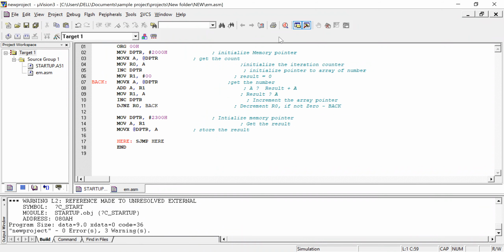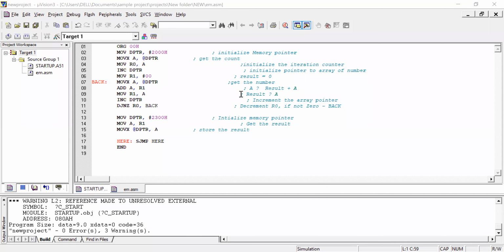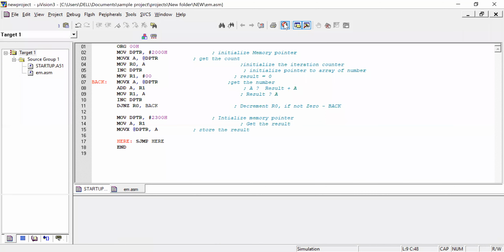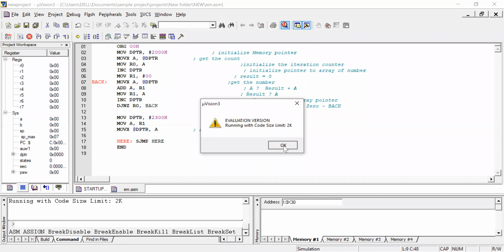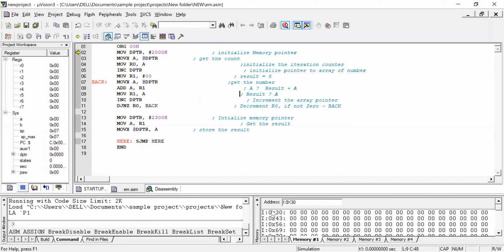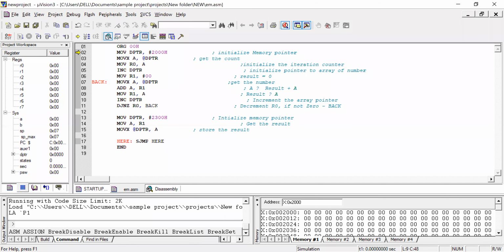As per this program, I'll debug. Since we have used external memory, just go to the external memory. I'll put X for external, and then I mention hexadecimal, my input address 2000H.